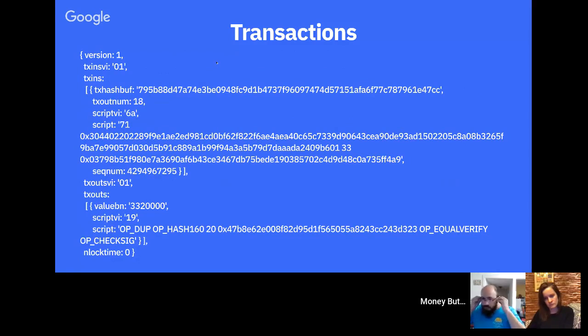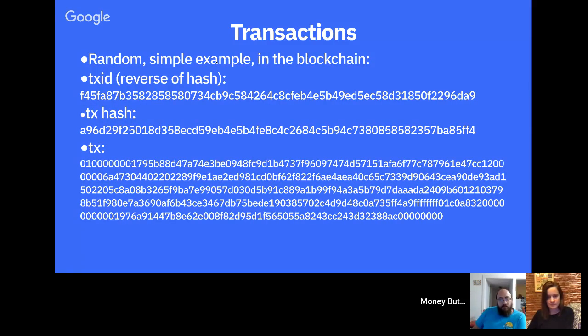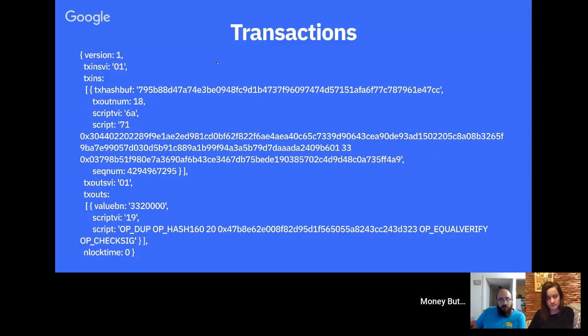So here's an example of writing this down in JSON. I won't try to explain all these things. I'll just breeze through this, but know that you can use the library BSV to parse transactions and then look in there. So if you don't want to look at this random looking string of digits here, you can parse a transaction and get a slightly less random looking chunk of stuff here that you can actually read what it says, including the input hash buffer and all that,